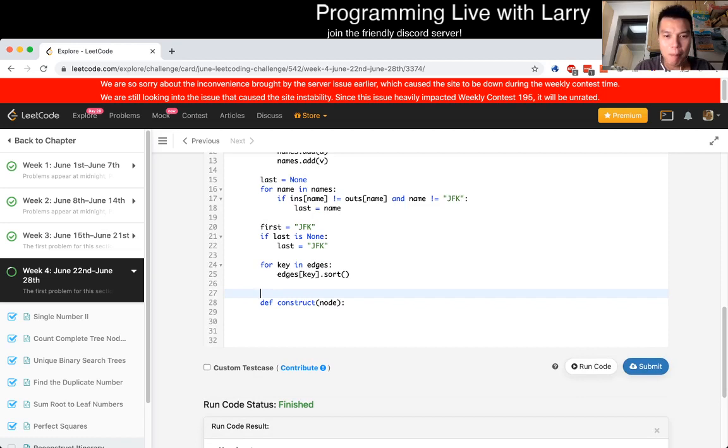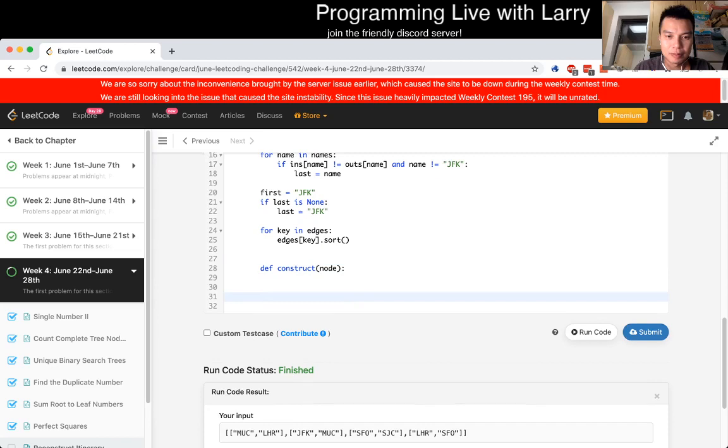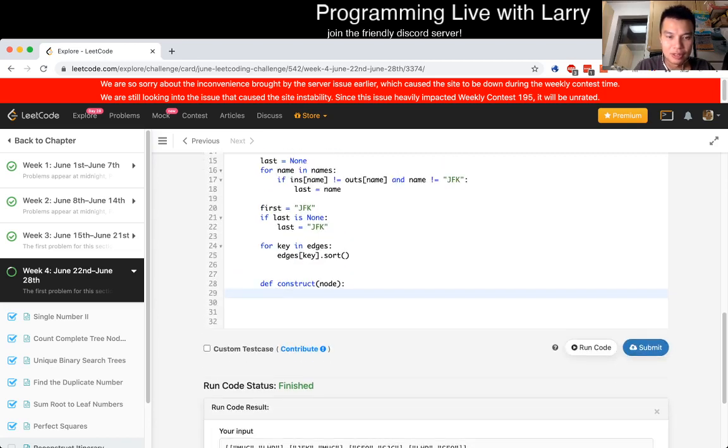Okay. I think so, yeah. Let me think about it for a second. I think you're okay. And I think it is just for edge in, let's say, for next node in edges of node.